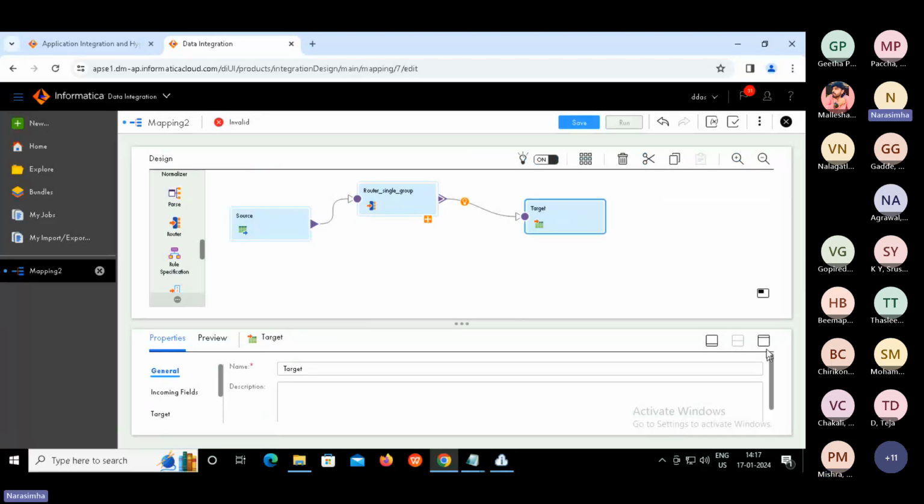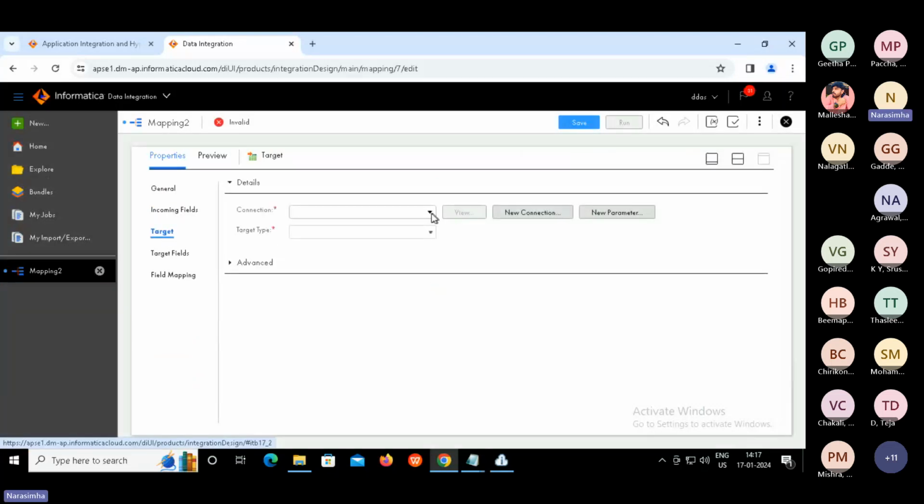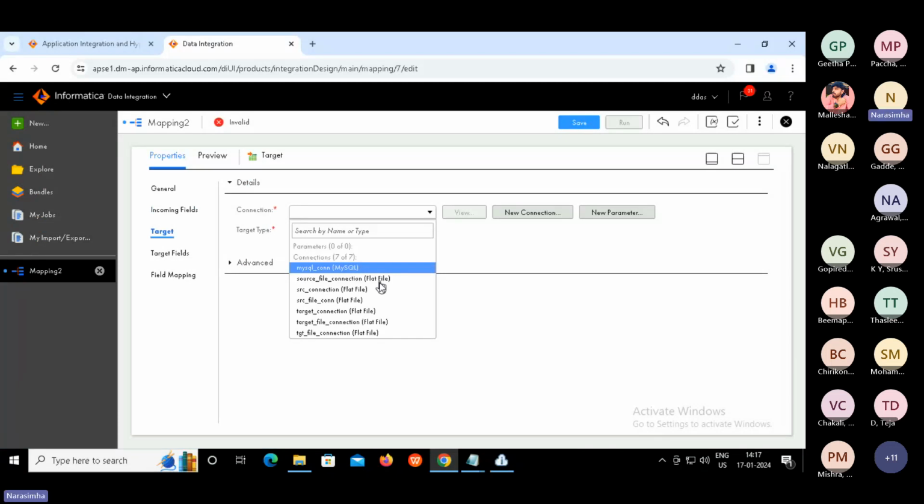Now maximize this and specify the target here. Drop down and select target file connection.